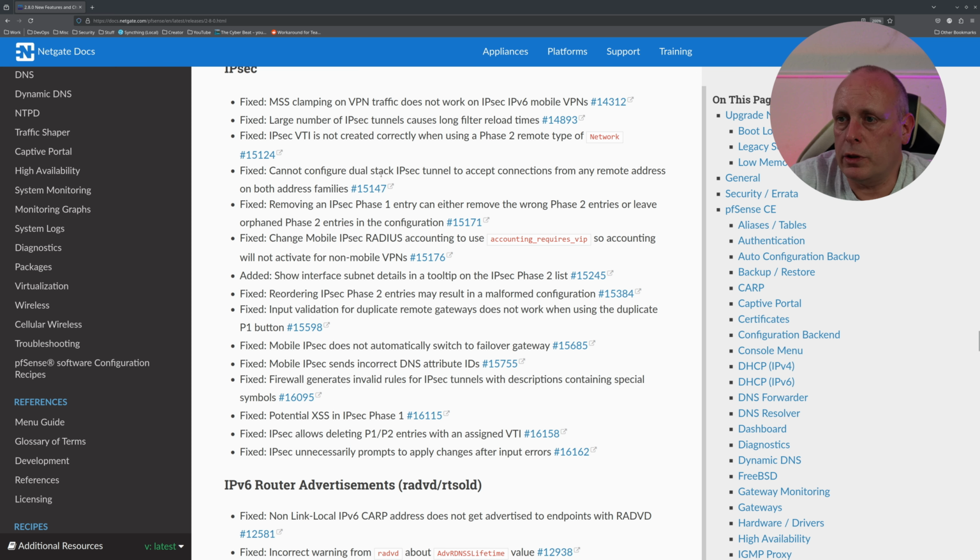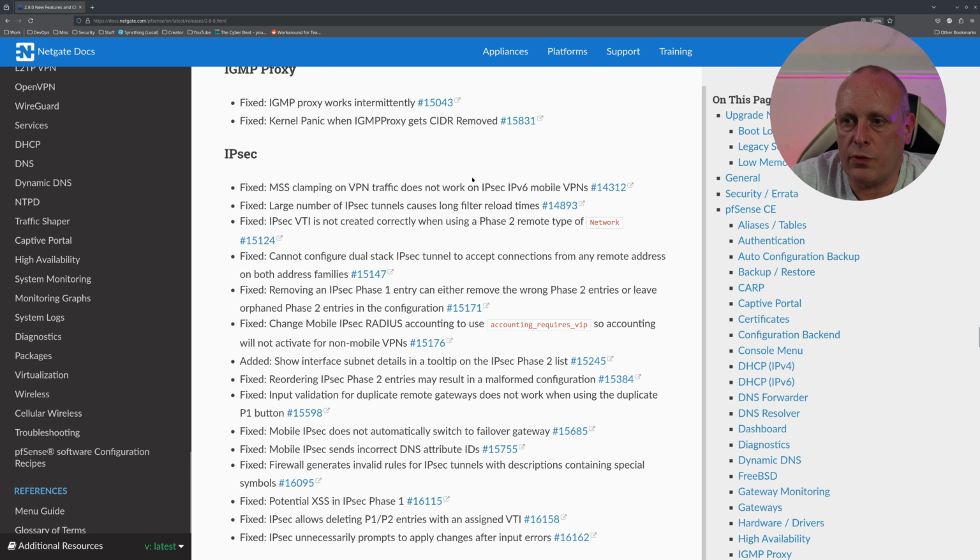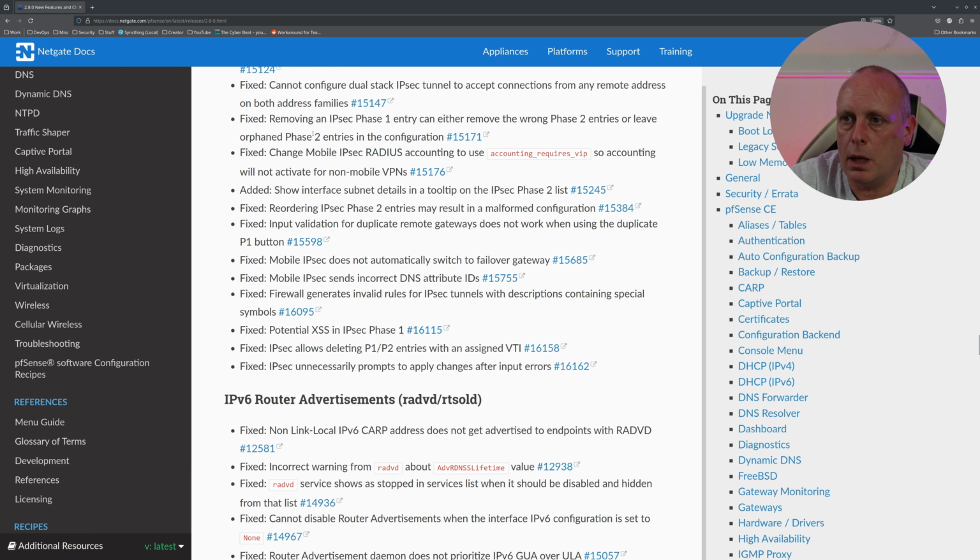Also fixed: cannot configure dual stack IPsec tunnel to accept connections from any remote address on both address families. Fixed: removing an IPsec phase 1 entry can either remove the wrong phase 2 entries or leave orphan phase 2 entries. I have noticed that a few times. And fixed change mobile IPsec RADIUS accounting to use accounting requires VIP, so accounting will not activate for non-mobile